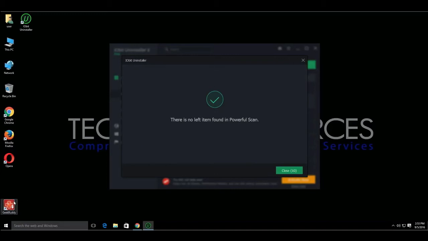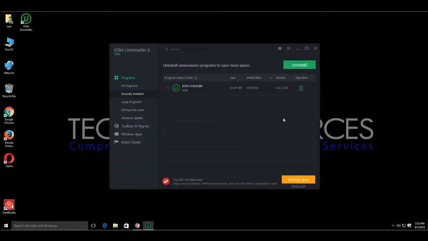And I'm also noticing that the GeekBuddy shortcut is here. I've got to delete that, but I'll do that after this. Now it's saying there are no leftover items, so we can just close this. Since this is still left, I'm going to get rid of that. The same thing still applies: restart your system, just in case there were some leftover files. And that should do it. Now this completes the